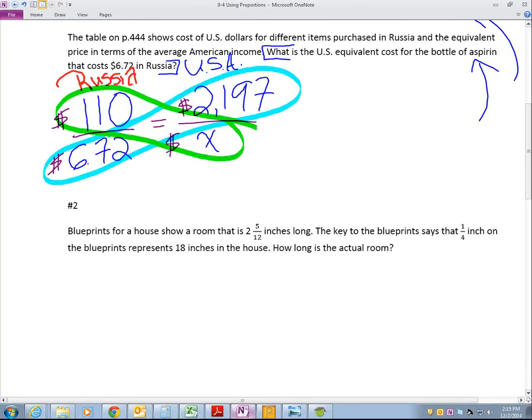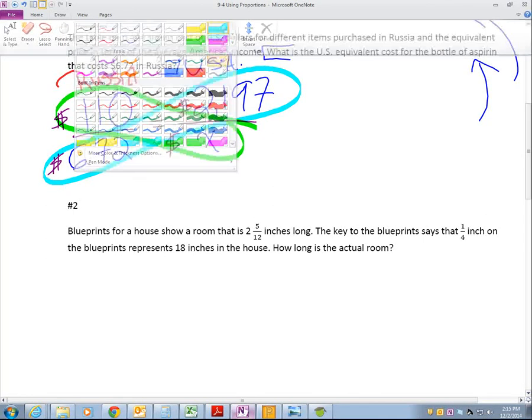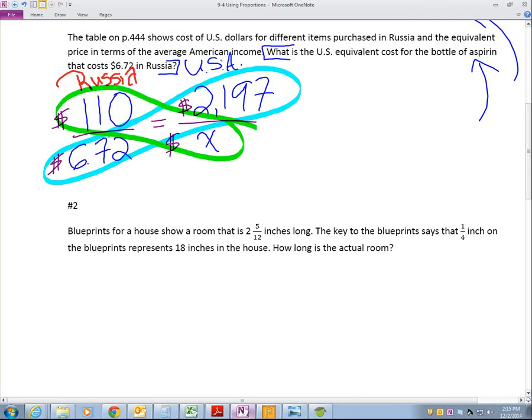Good. So we're going to multiply those two. I'm going to set that up. So that said that A over B is equal to C over D. And that is equal to A times D is equal to, I'm just going to write it. I'm trying to go off the top of my head here because I'm trying to just set it up. So we are going to do the green, which is going to say that 110x is equal to 6.72 times 2,197.